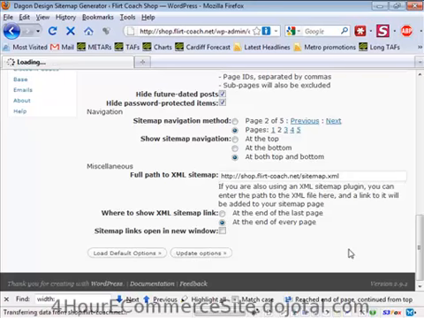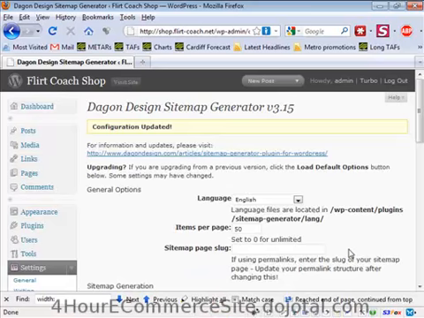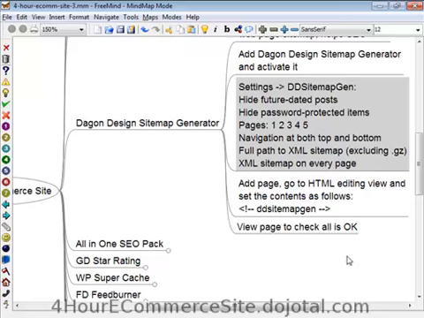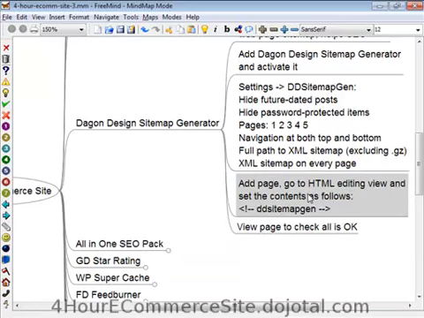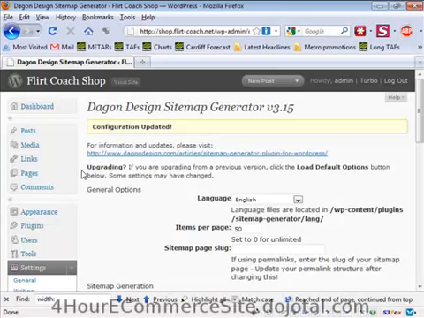So you click on Update Options. Now this one won't have done anything yet because you need to add a page, and you need to add this text into the page. So I'm going to copy the text. I've done it with the Control-C shortcut, and I'm going to add a page,